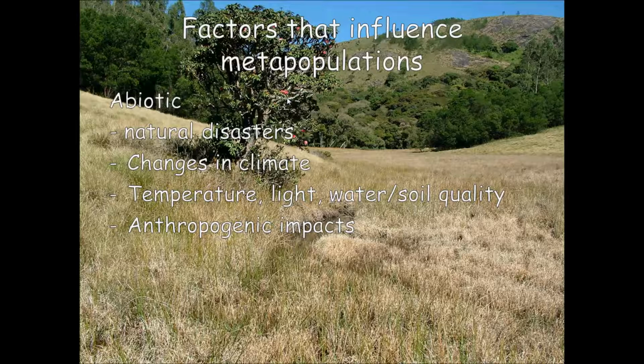Another one of these factors is changing climate. Changing climate can affect the very ability of a species surviving there, which could cause extinction. Extinction again allows a niche opening for more species to come and colonize. The next abiotic factors are temperature, light, and water and soil quality. This affects the very species that can set up a population within the area and also dictates the inhospitable matrix